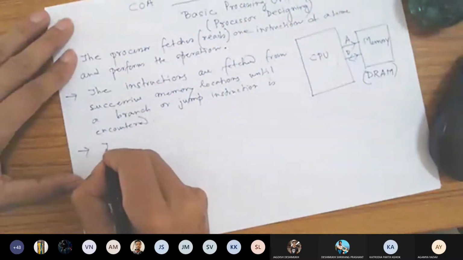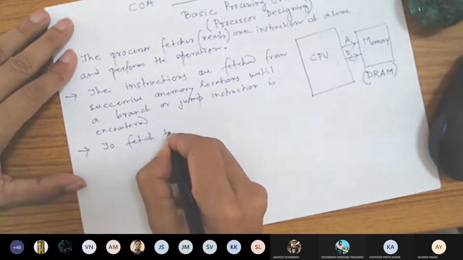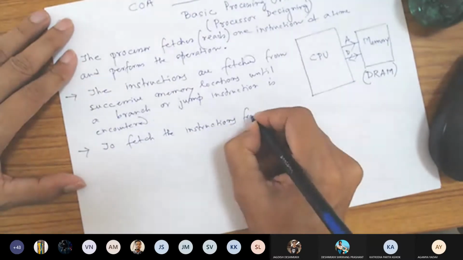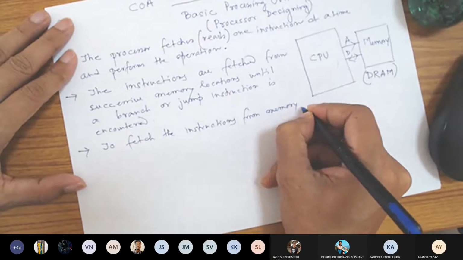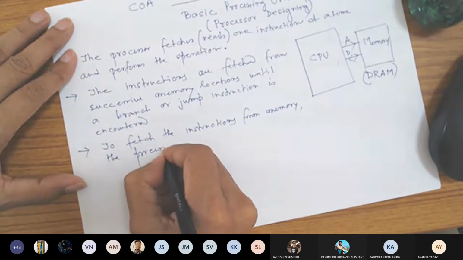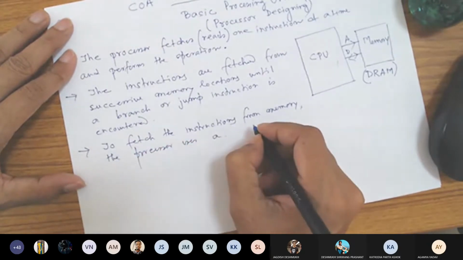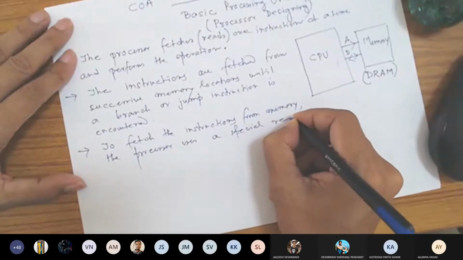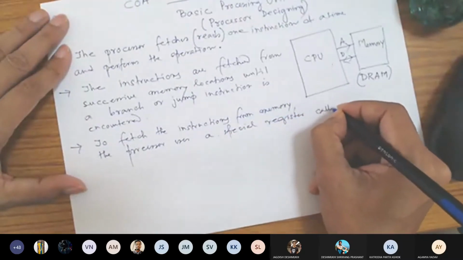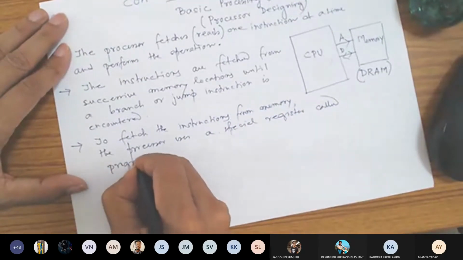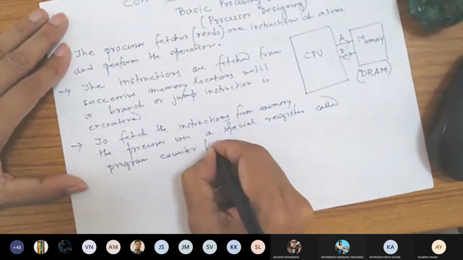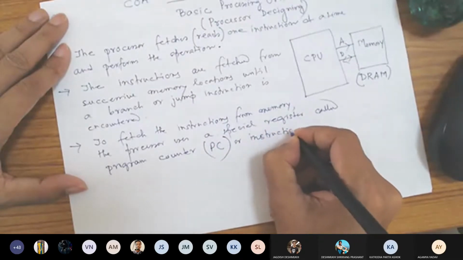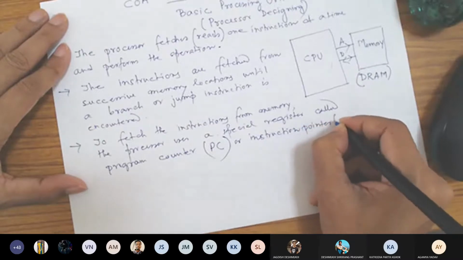So to fetch this instruction from memory, the processor uses a special register called program counter, or PC, or sometimes it is also known as instruction pointer, or IP.